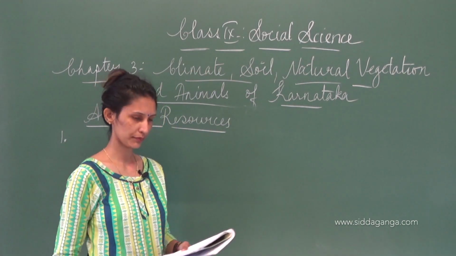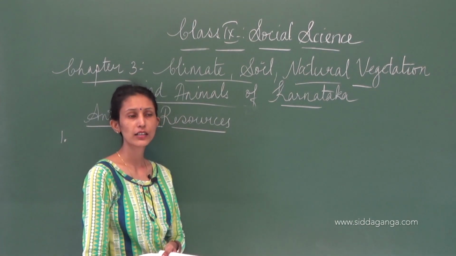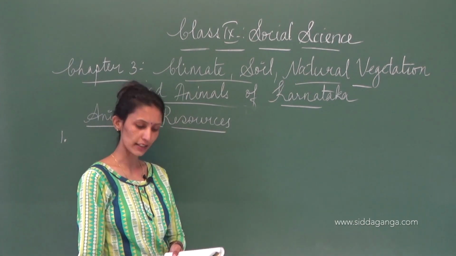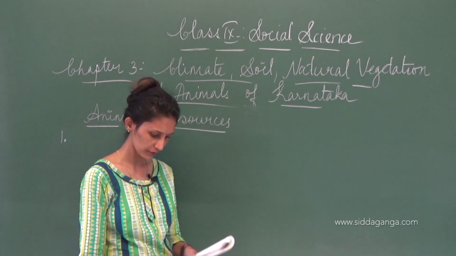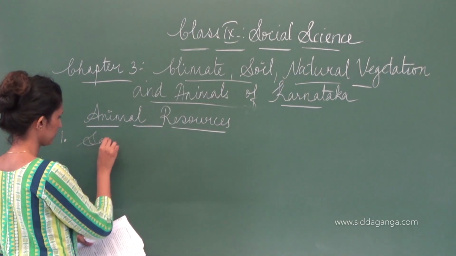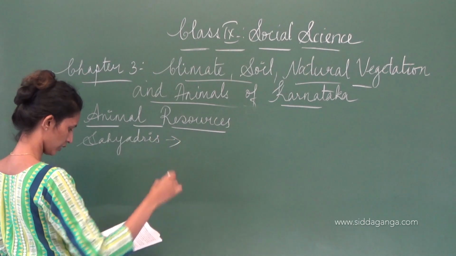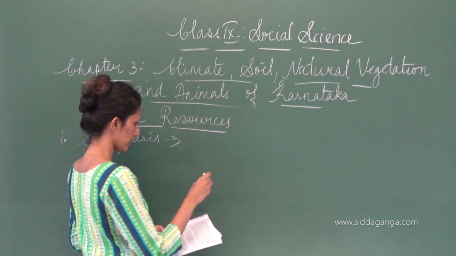We have animals because of the abundance of forest that is there. That is, a large area is covered by forest. Now the Sahyadris that are there are considered as